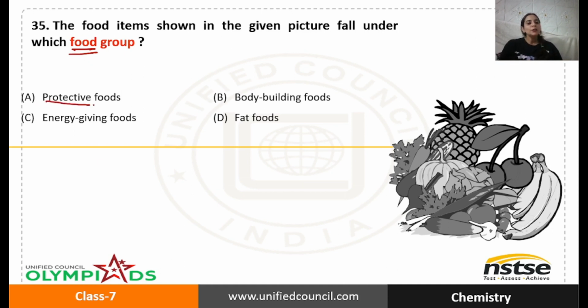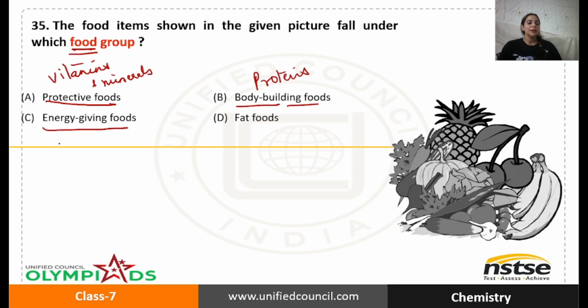Protective foods are those which contain a lot of vitamins and minerals, which are required for the formation of blood, your teeth, your bones, etc. Bodybuilding foods are those which help to build your body, help your muscles to grow. It mainly includes the nutrient proteins. Energy giving foods give you a lot of energy, that is, it includes nutrients,